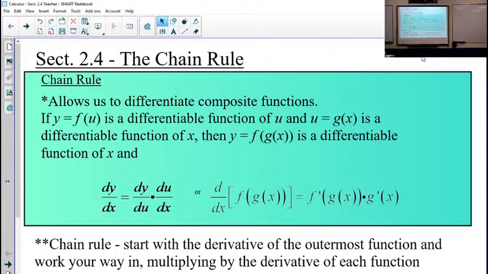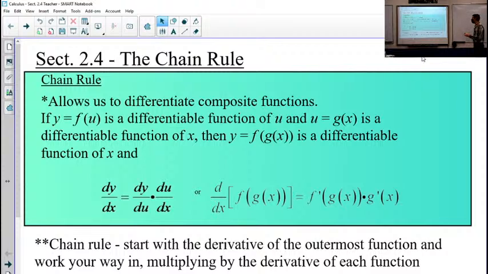So what we're going to do for the derivative in the chain rule is that we are going to work from our outermost function into our innermost function. So we are going to start with our outermost derivative of the inside function, and then we're going to move on to our innermost function's derivative. So the way that I'm going to state it is the outside derivative of the inside function times the derivative